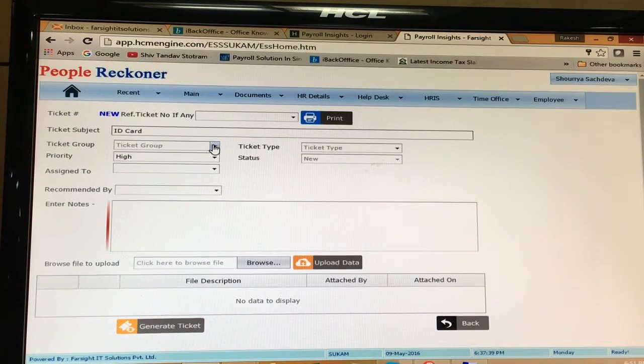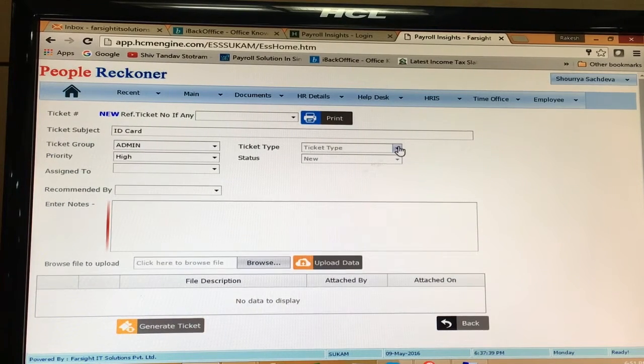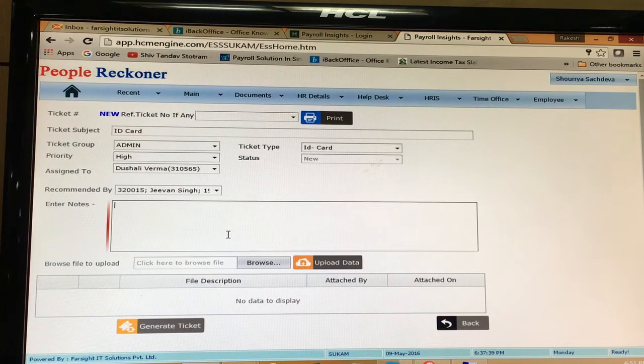So we put ID card here. So I need a new ID card. I will go to admin and I will go to ticket type. I will click ID card because I need a new ID card, and then the ticket will also automatically be assigned to the particular person in admin. Further, you can put remarks if you need the ID card urgently. In the recommended by column,